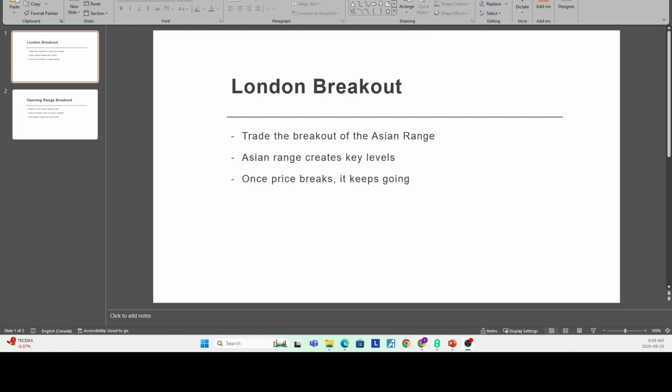So, first to discuss the London breakout strategy. What is the London breakout? Quite simply, it's trading the breakout of the Asian range. And this strategy is all over the internet. It's very widely used, and it's very simplistic in that you simply find the highs and lows of the range